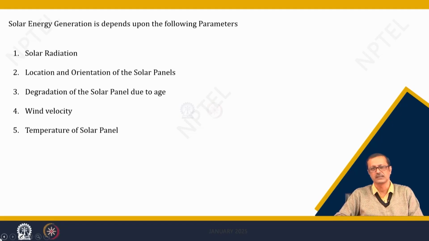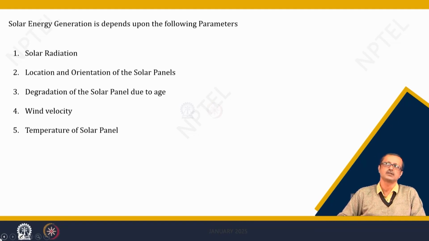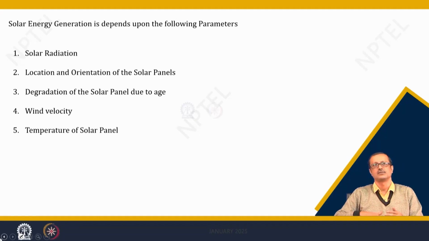So, sometimes people are thinking of using some solar heater on the backside of the panels, so that the temperature can be reduced, and also you can generate some kind of heat. That is another issue. And this is one of the most important issues, because when the solar radiation is very high, it has a high potential to generate electricity, and at that time the solar panel temperature is also very high. So, it may adversely affect the harvesting capacities also.